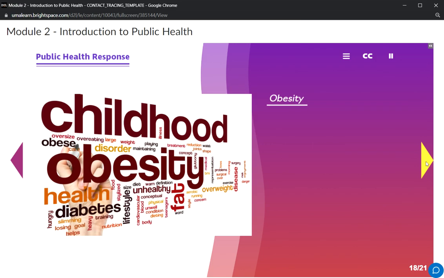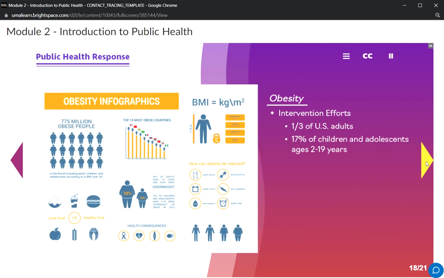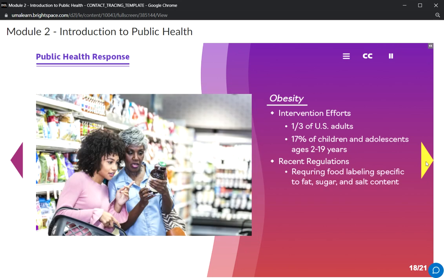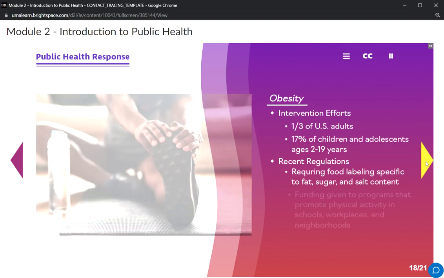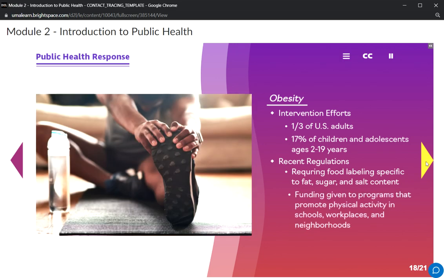Obesity has recently resulted in a rise in awareness and intervention efforts, as more than 1/3 of U.S. adults and approximately 17% of children and adolescents ages 2 to 19 years are classified as obese. This condition involves the presence of excessive body fat that increases the risk of chronic, long-term health problems. Recent regulations include requiring food labeling specific to fat, sugar, and salt content. Additionally, funding has been given to programs that promote physical activity in schools, workplaces, and neighborhoods,